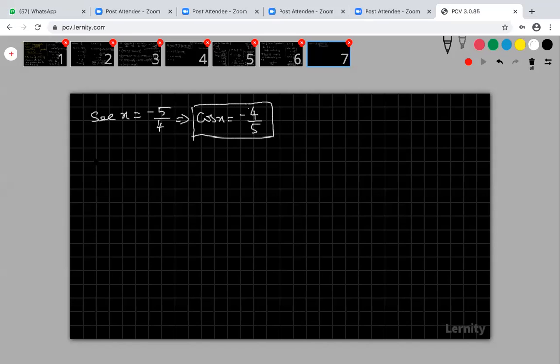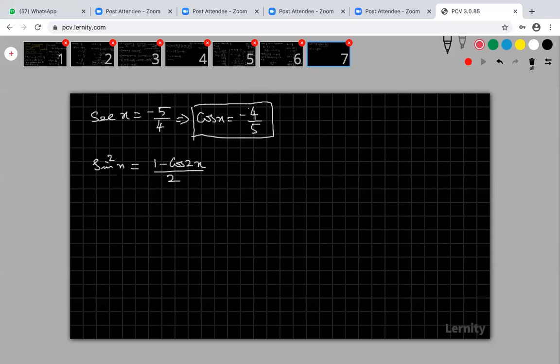So this identity, I hope that you all have studied: sin square x can be written as 1 minus cos 2x by 2. I hope you have already studied this identity. Okay, if you have not studied, no problem. This is the identity derived from cos 2x. We have the cos 2x formula. What is the cos 2x formula? Cos square minus sin square, and 2 cos square minus 1, and 1 minus 2 sin square. Based on that property, we are deriving the identity sin square x is equal to 1 minus cos 2x by 2.